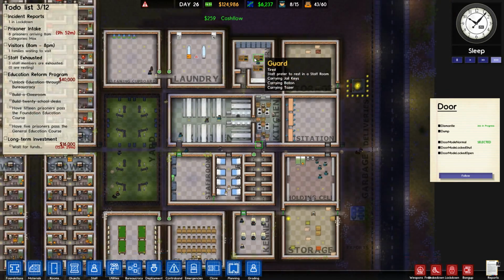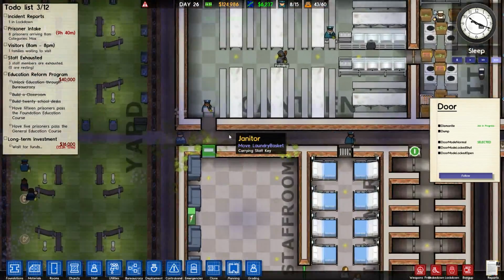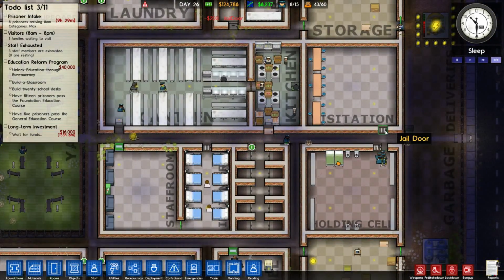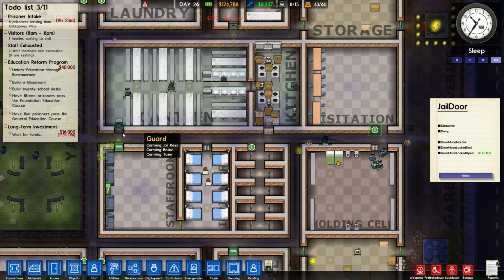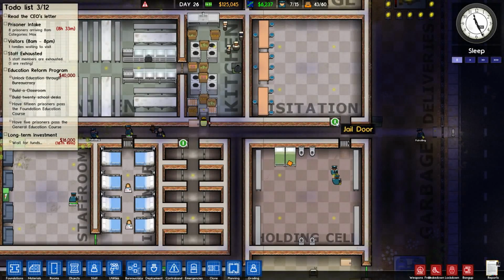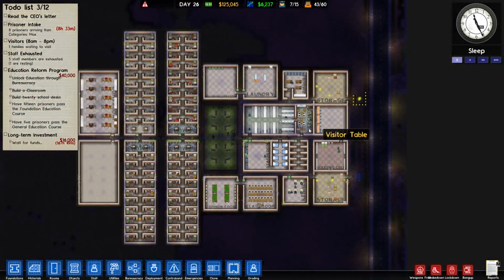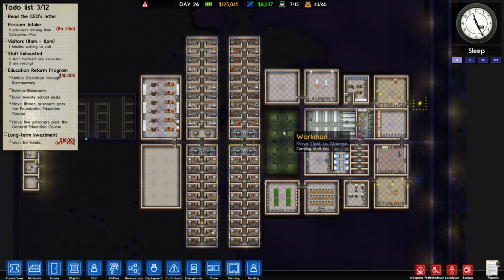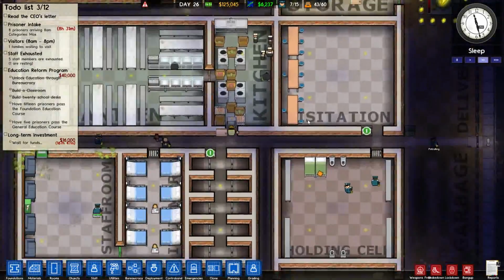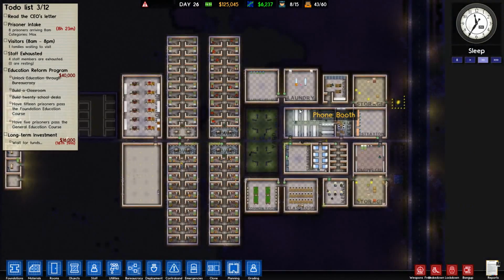So what I'm just saying is I'm just going to kind of increase the size, increase the number of doors. So here is not a jail door, but we want a jail door. This one here, I'm going to lock that open. And hopefully by adding these jail doors, that should slightly increase the security of our prison. So when we have a riot, if we have a riot, this will mean that we'll be able to lock all the doors down and we won't have any prisoners running all over the place